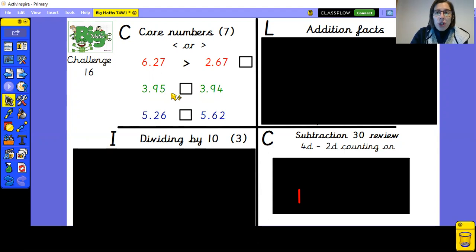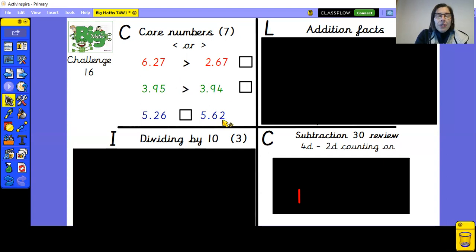So I'm moving to the hundredths. I've got 5 hundredths and 4 hundredths here. So 5 is more than 4. So 3.95 is larger than 3.94. Same here, have a look at the last one: 5.26 and